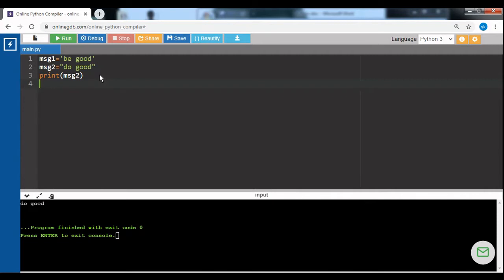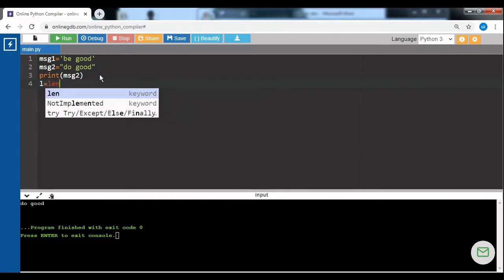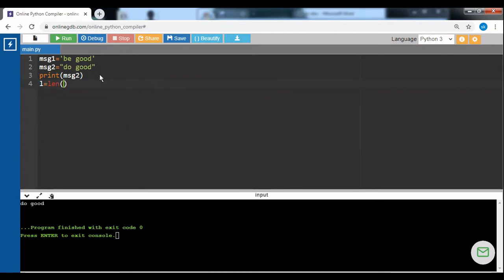Since the len function returns an integer, I am going to assign it to a variable L equal to len of, then I can specify the variable message2. Next we can print the length. Let me execute. Okay, so the length of message2 is 7, right?